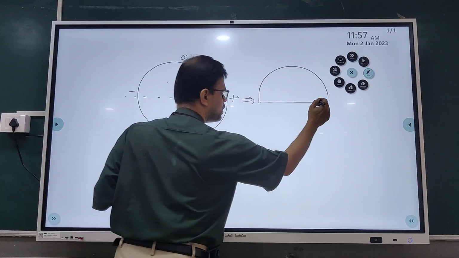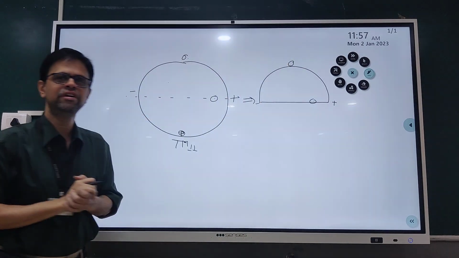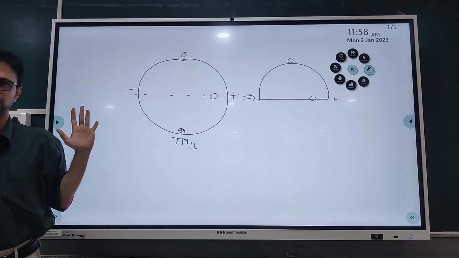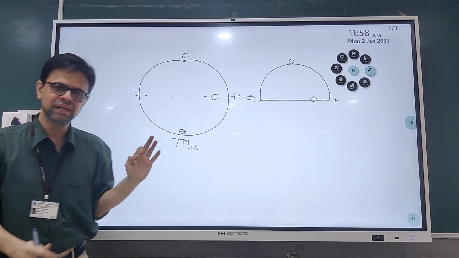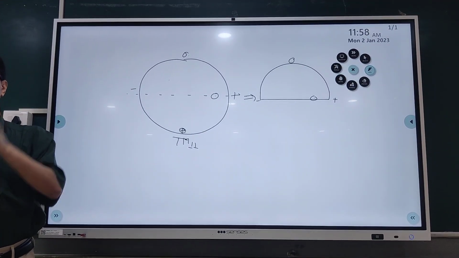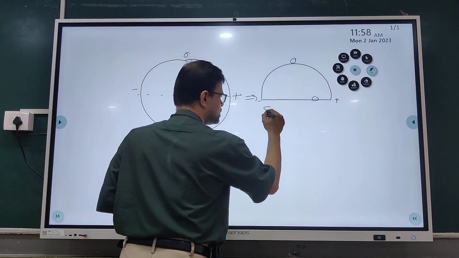The field distribution, remember, is not changed. Why? Because only half of this geometry is used. Okay, so this is basically a compact design of the circular microstrip antenna referred to as the semicircular